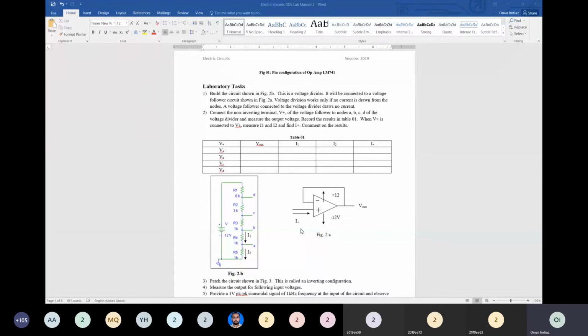An operational amplifier does not put any load on your existing circuit. That is why we use this as a voltage follower. Otherwise, it doesn't make sense to have a circuit that has the same output as the input. So the first part of your experiment is that you will be verifying the operational amplifier's functionality as a voltage follower, and you'll fill this table up.